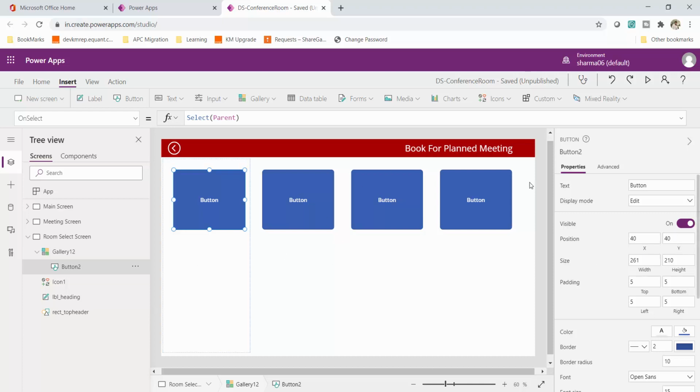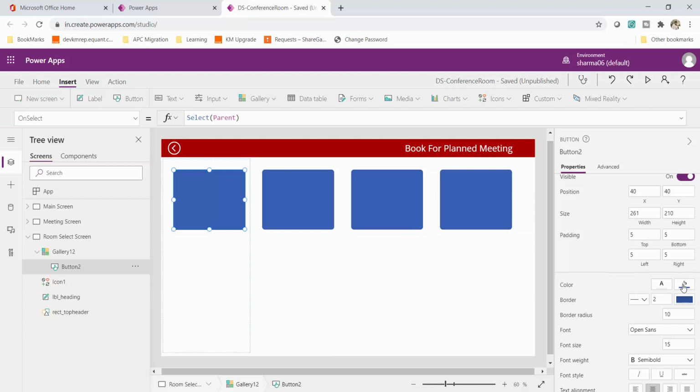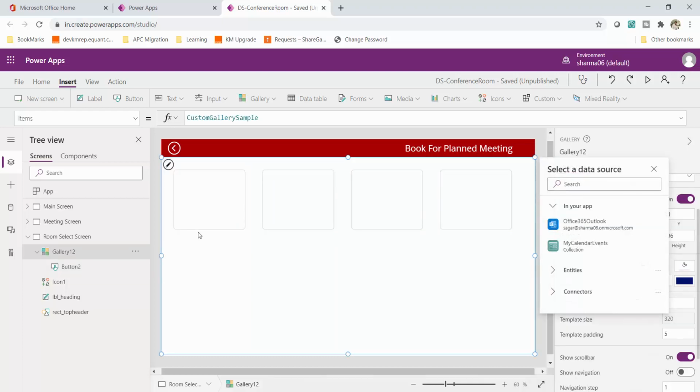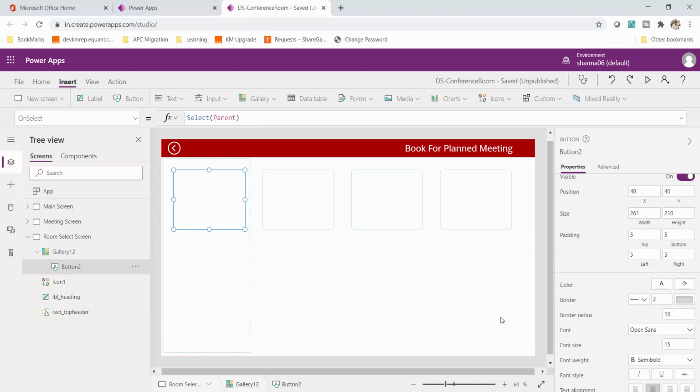Now let me remove the text from this button. This is blank for me. Now let me change the background color as well. Background color would be white. So this is fine for me now. As a next step, we'll try to change the border radius as well. Let me give the border radius to this particular button. Right now the border radius is 20. So let me make it 50. Okay, it looks not that good, so I'll go with 30. Okay, it looks fine for me.